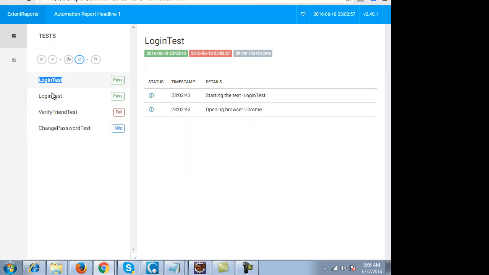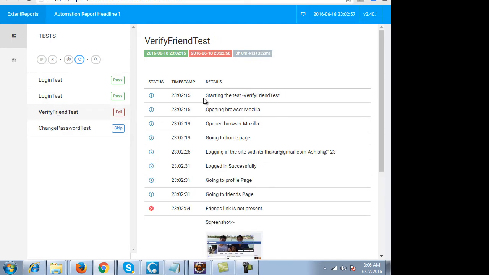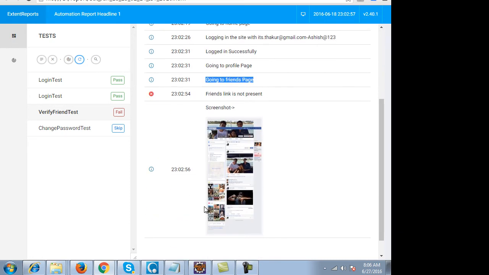This login test I am running 2 times, and every test has its logs. The best part is that I am opening the browser, going to the home page, logging in to the site, logged in successfully, going to the profile page, friends page, and then you get some error on Facebook and you get this error message with the screenshot as well.